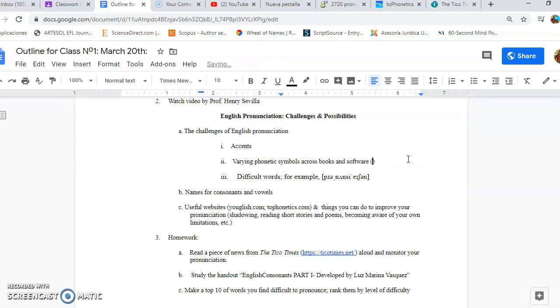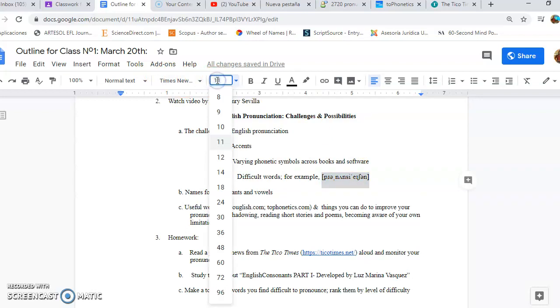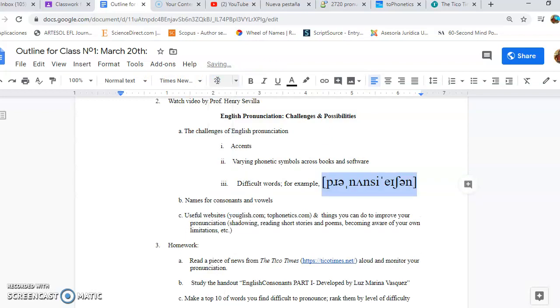So, in order for us to do that, we have invented, well, not we, but linguists have invented something called the IPA, which is the International Phonetic Alphabet, and it's an alphabet especially used to represent phonetic sounds, not words, not syllables, not spelling. It's for sounds. So, a word like pronunciation is transcribed phonetically like this. I'm going to make this a little bit bigger so you can see it. So it goes like this: